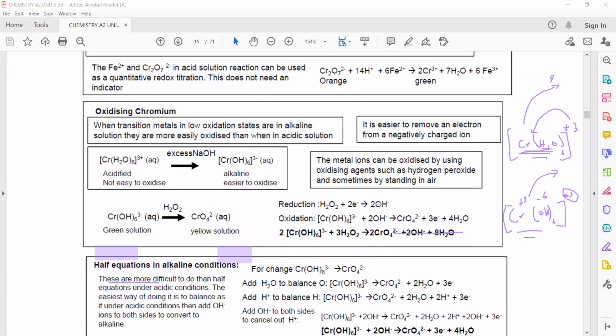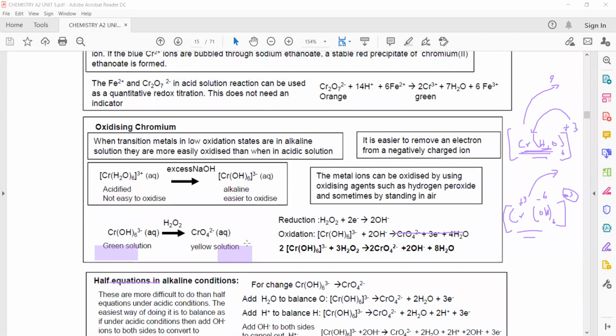And then when you have an equation, for example, these are the half equations. When you use hydrogen